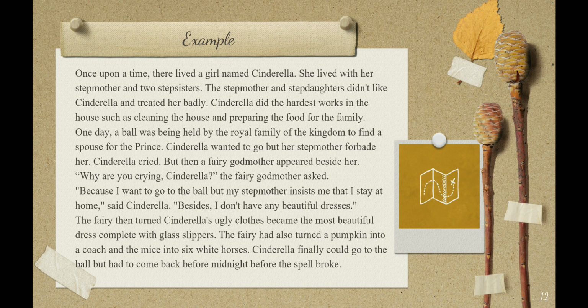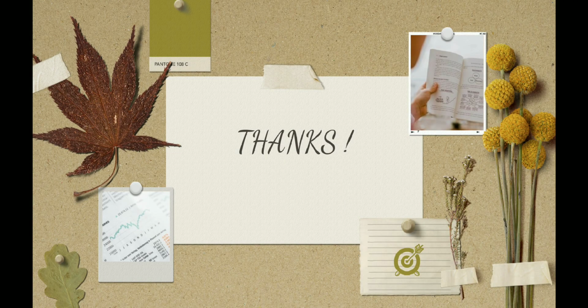Okay, that's the explanation of narrative text. If something is not clear, you can ask. Well, any questions? If there are no questions, I want to give you an assignment. I will send it on WhatsApp, and please do it well. The deadline for the assignment is Friday at 10 a.m.